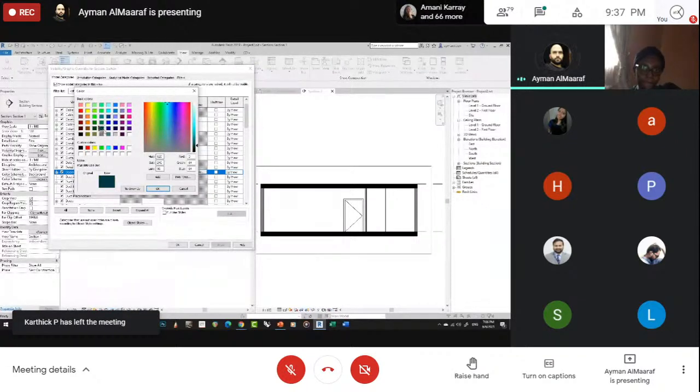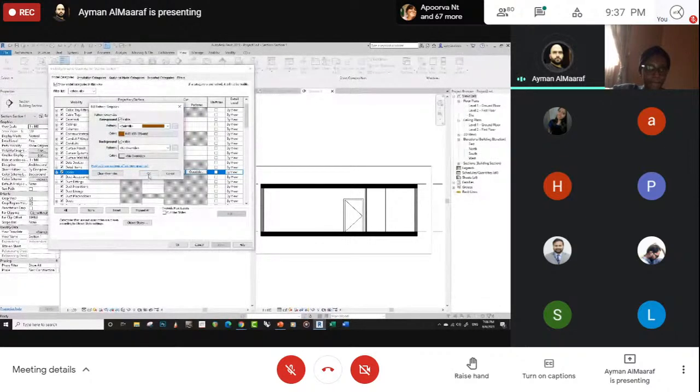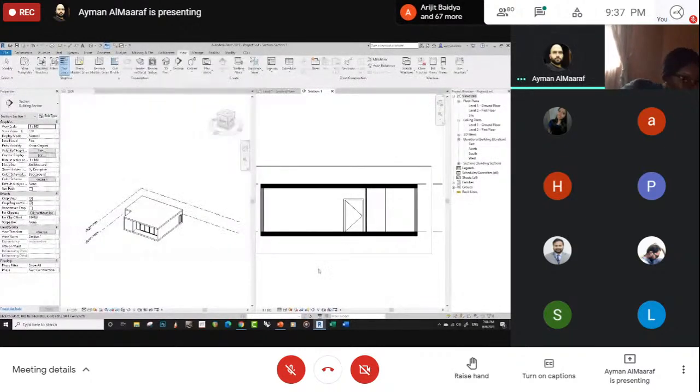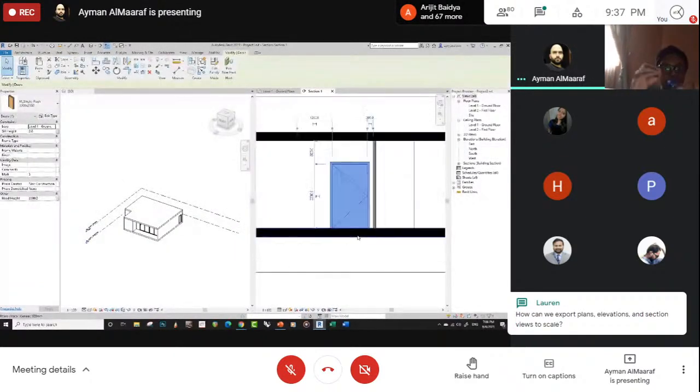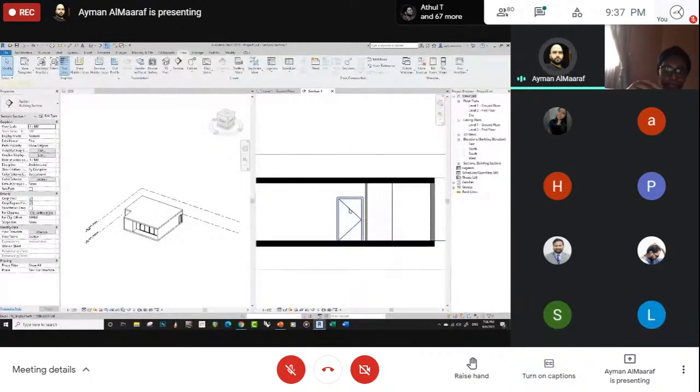This is green. This is reddish brown. It's orange. Anyway, you can click OK. You can see we did not have a change because I made a mistake. The mistake is